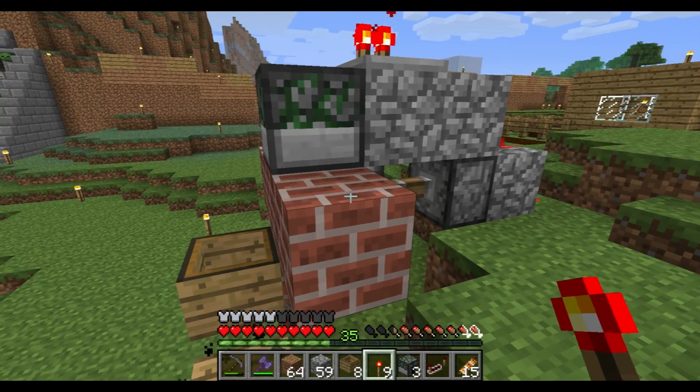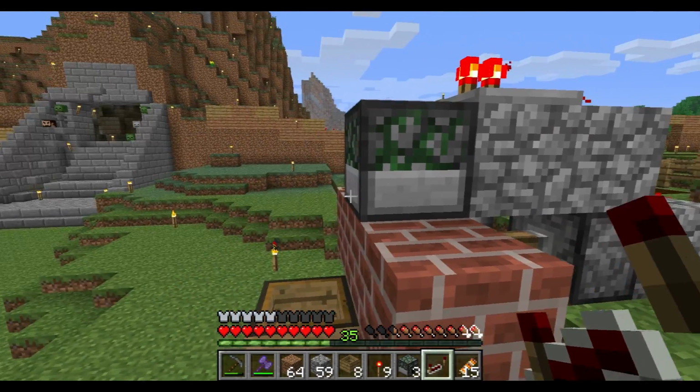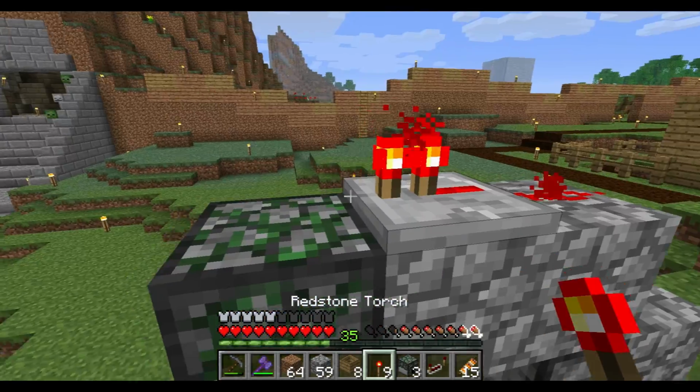Yes, it can. Or no. No, what I don't know is, can a repeater power a block dispenser? The answer is no. And if I'm going to fully automate this...